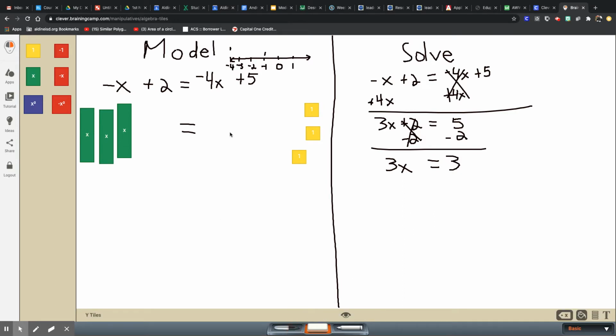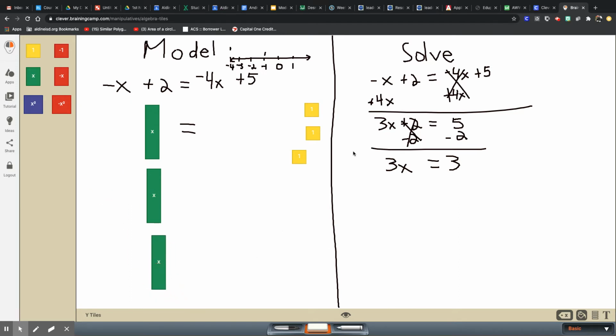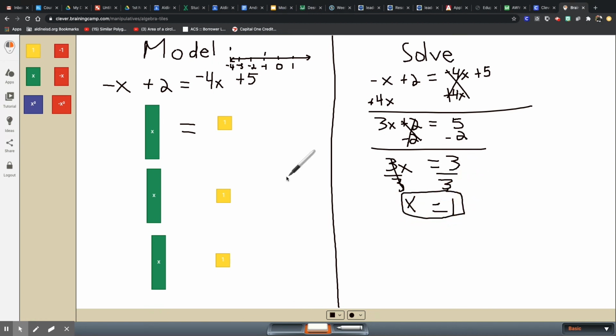I want to know what 1x is equal to, so I'm going to distribute, or divide. I'm going to separate my 3 x's, and I'm going to group these 3 over here and pair them up, or divide them between my 3 x's. So this green bar gets a yellow square. This green bar gets a yellow square. This green bar gets a yellow square. So I can see that 1x is equal to 1. 3 divided by 3 is 1. So x is equal to